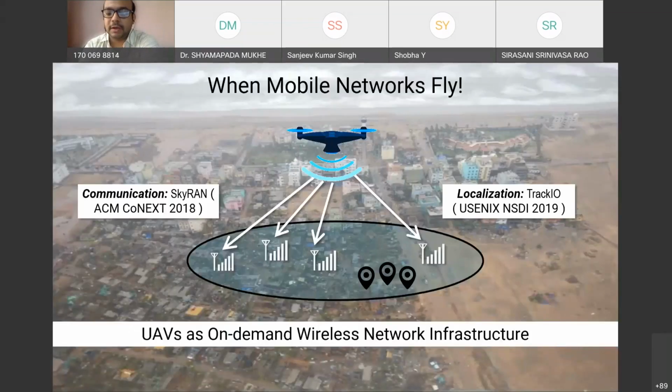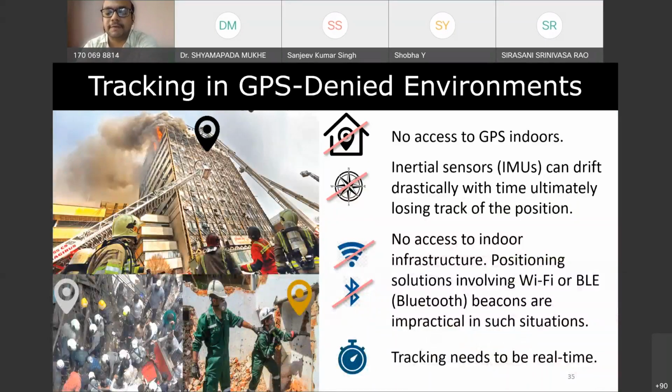And with this, I will go to the next part of the talk, which is more on the sensing side. Now we have covered the communication part. We have provided on-demand connectivity. Now we want to do on-demand localization, right? And why do you need on-demand localization in these cases? Because in these GPS denied environments, wherever there are these disasters, most of the cases don't have